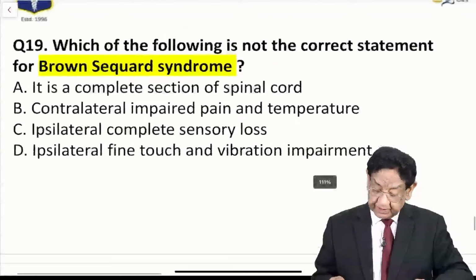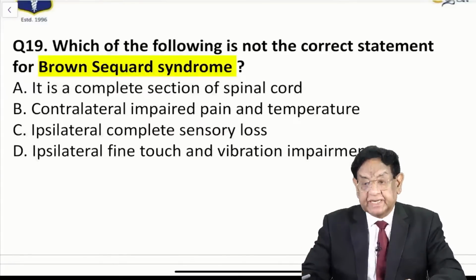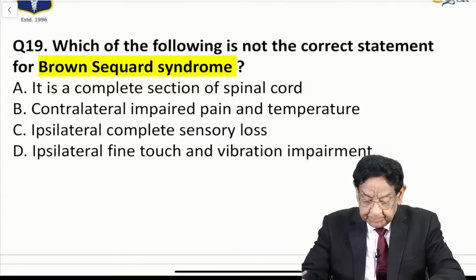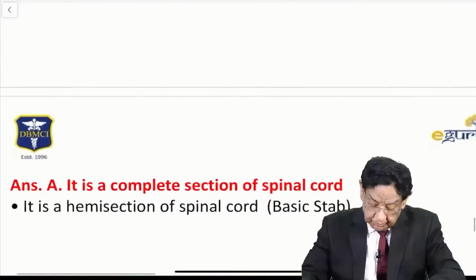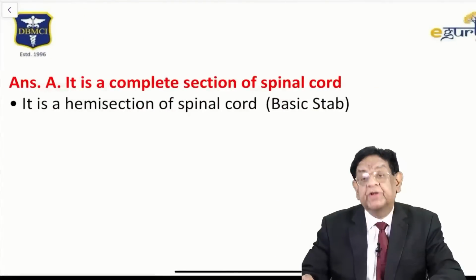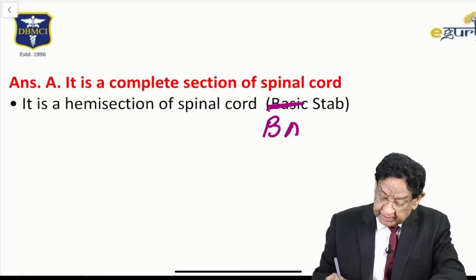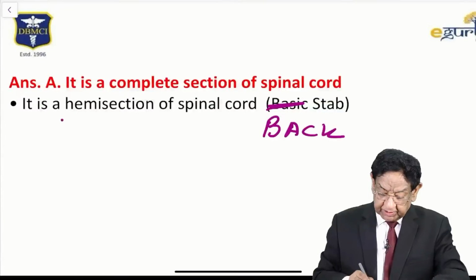Question 19, which is not a correct statement about Brown-Sequard syndrome. You get 20 seconds to think of an answer. It is a hemisection of the spinal cord, not complete, and it is classically a backstab. Somebody has given a backstab, and in that case half of the spinal cord is cut. We call it